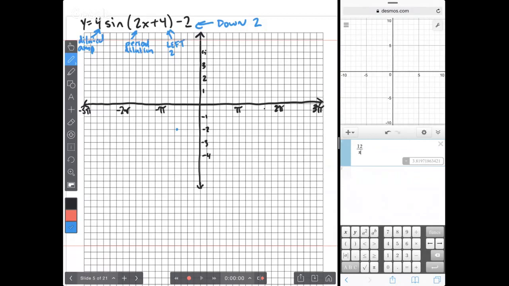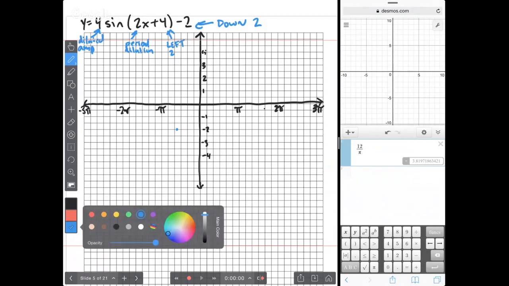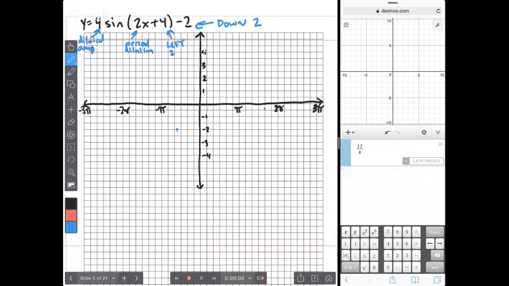Cool. So if I was graphing the original sine of x, this point would be at the origin, but I'm not. I'm graphing a transformed function, and now it's right here. And then I can go, let's see, I know my period is